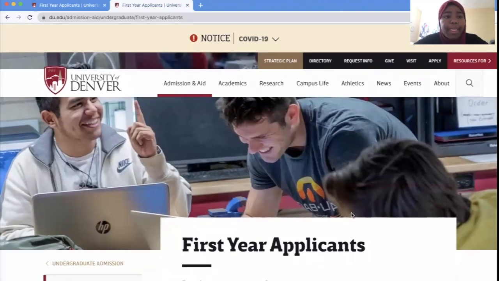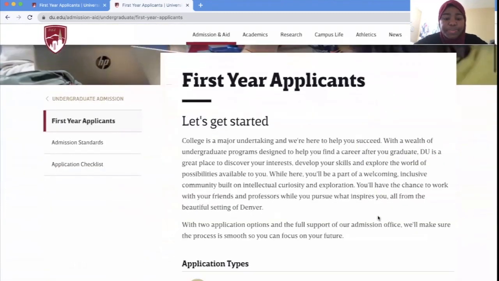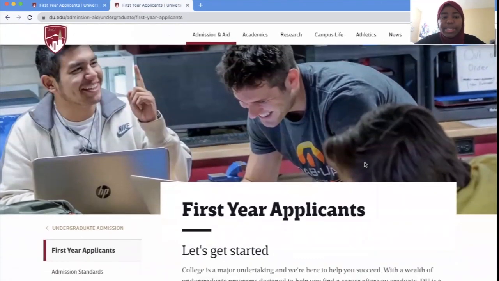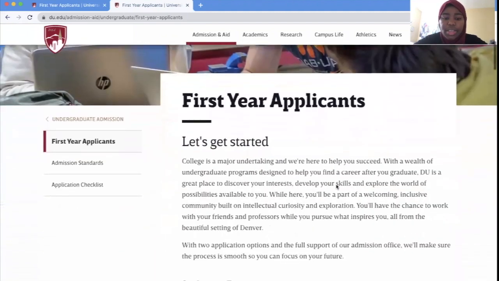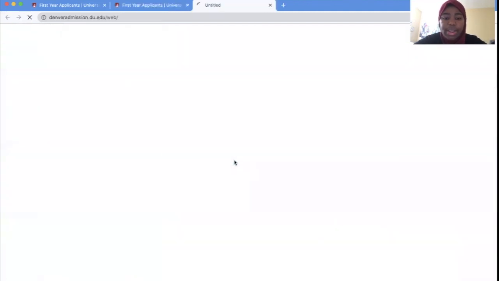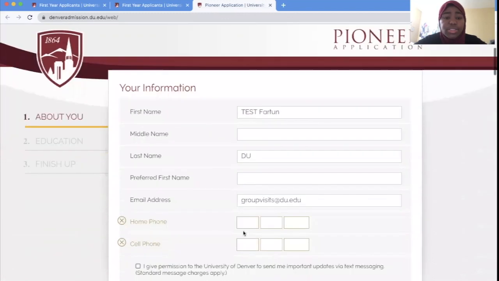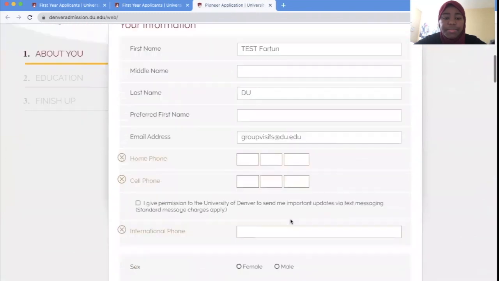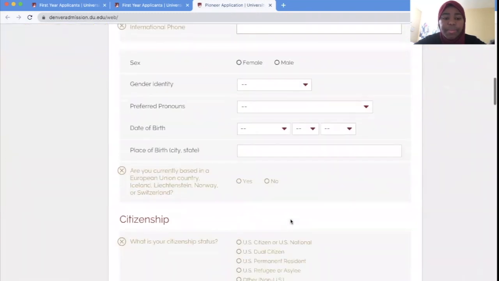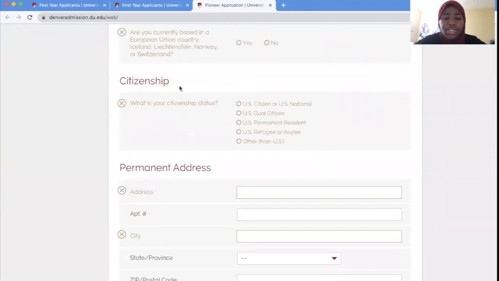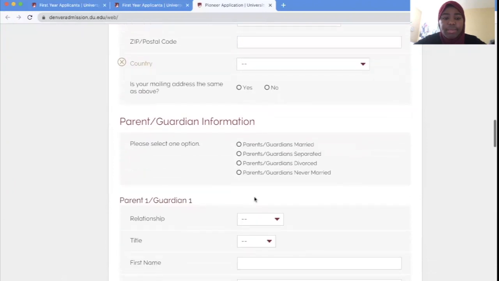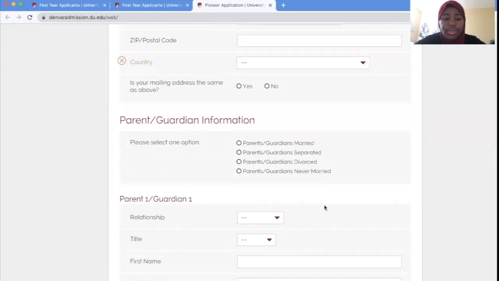I type in the Pioneer application, DU, and you click on the first page. It brings you to this page here. You scroll down and click on Pioneer app. So once you get to this page, it asks you for your information. You type all that in. Then your citizenship status, permanent address, parent and guardian information,